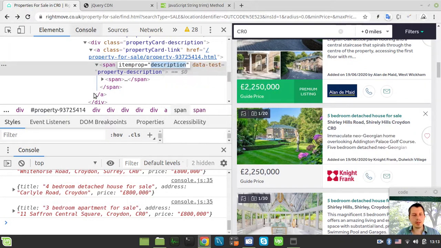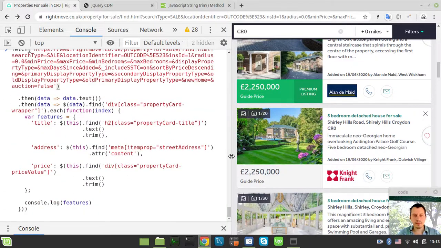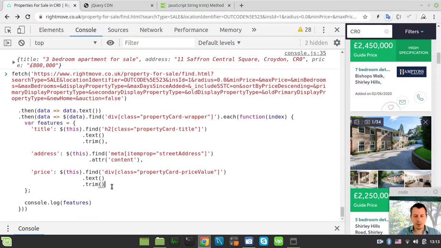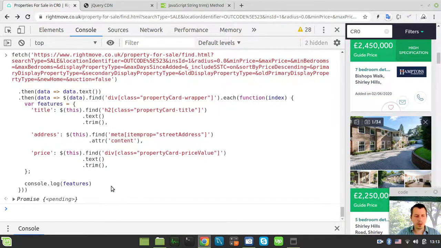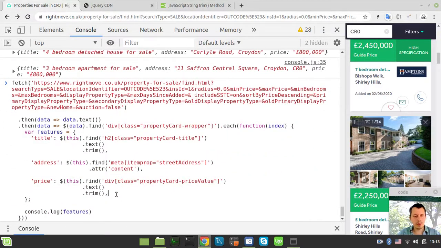So copy, and okay, so oh my god, what have I done? Nope, shift enter, not the enter but the shift enter. So description,